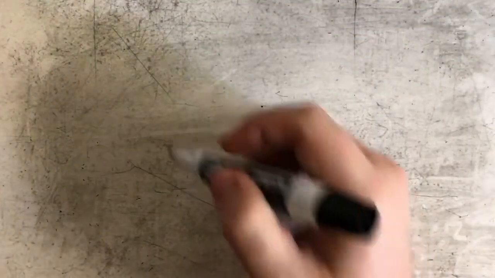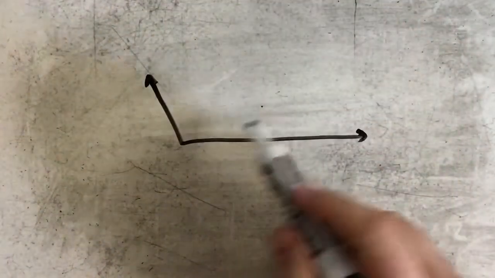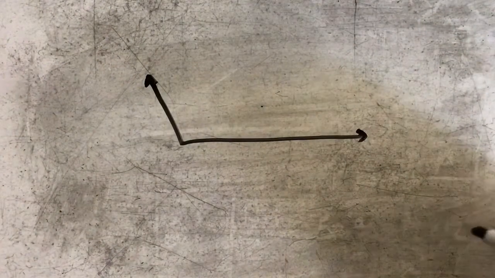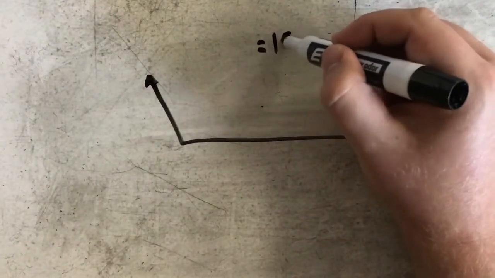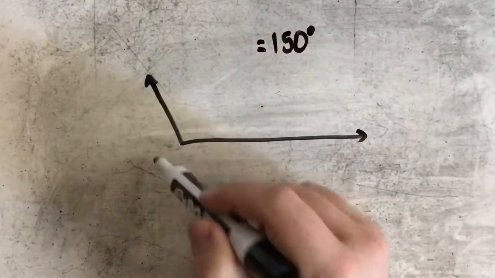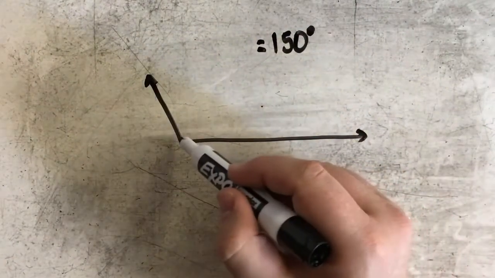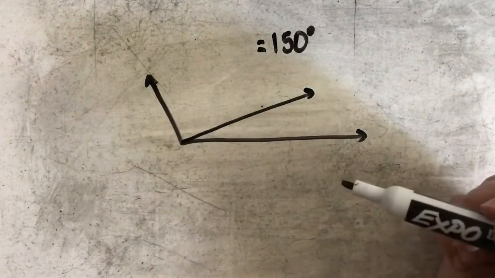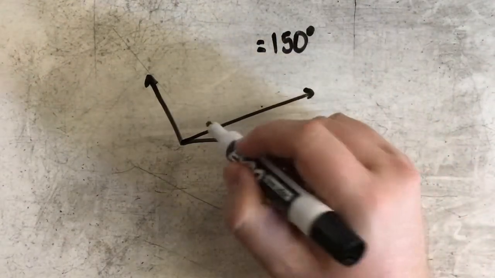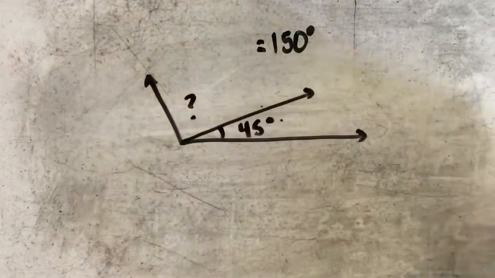Let's try another example. Sometimes you are given the measure of an entire angle and asked to find a missing smaller part of that angle. So we'll say this entire angle is equal to 150 degrees. It's an obtuse angle, so I can see that it's larger than 90 degrees. And we'll say that this decomposes into these two angles right here. We'll say that this angle is equal to 45 degrees,